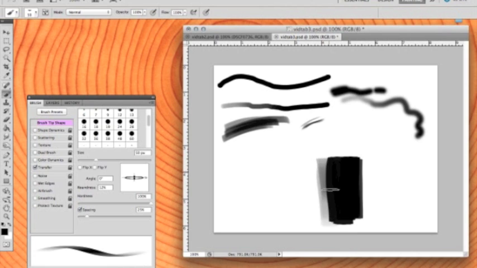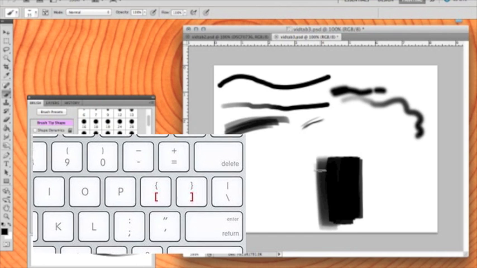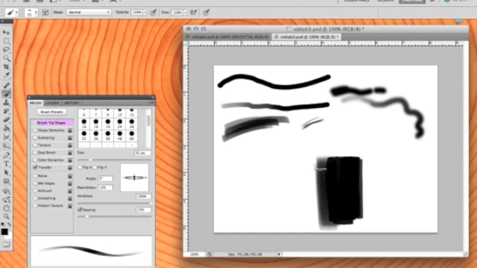So we'll lay down kind of a mid-tone here. Make my brush a little smaller. The hotkeys that I use for this are the square brackets located right above the return key. The left one makes the brush smaller, the right one makes it larger. And again, I'll just go in between each